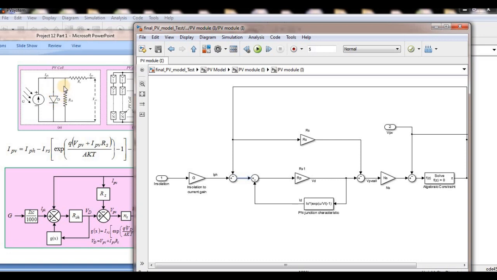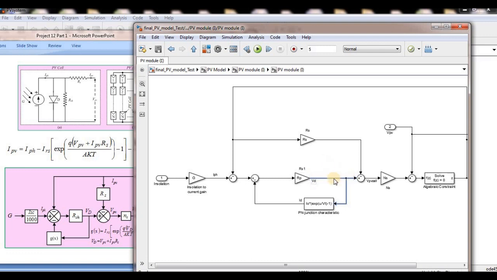This is the combination of two currents, because IPH minus IPV equals the current flowing through this diode plus the current flowing through this resistance. From this again I subtracted the current flowing through the resistance, meaning G of X. Whenever I subtract IPH minus IPV minus ID, I get only the current flowing through the resistance, and multiplying by RP, where RP equals RSH, I can get the VD. VD is the feedback, and this expression is the PN junction diode characteristics, used to get the ID.